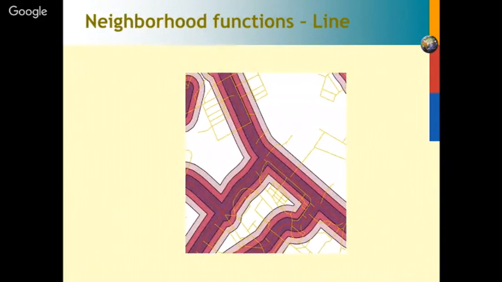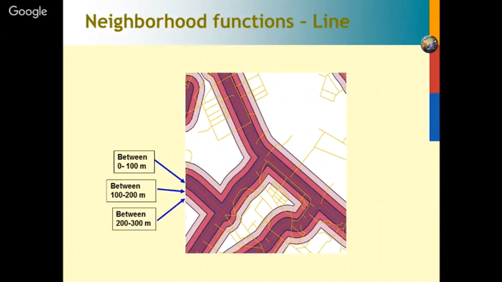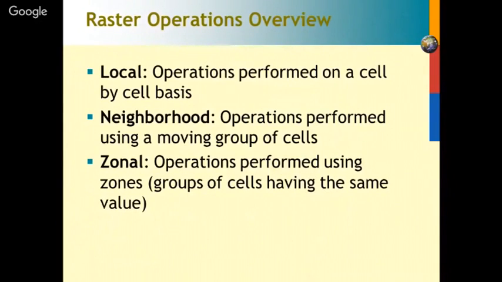And in the buffer zone, the neighborhood can again have a multi-layer buffer analysis. So within the different zones, we can have different neighborhoods associated with them. And each of those can again be one of the criteria to give you the outcome of the neighborhood functions. So grouping the different raster operations,